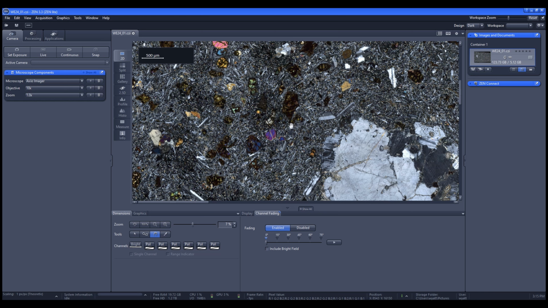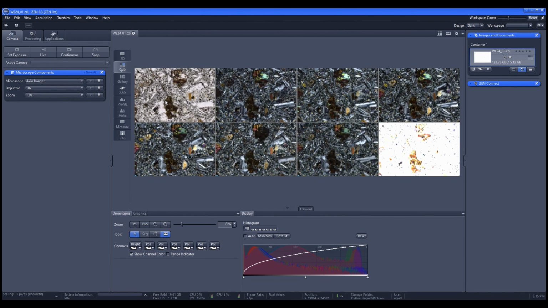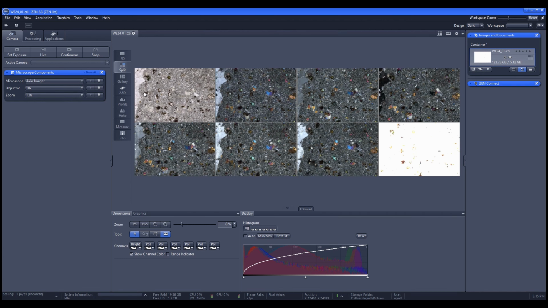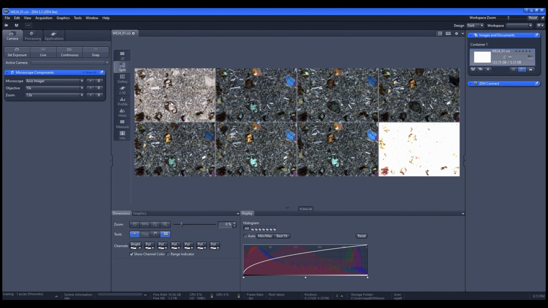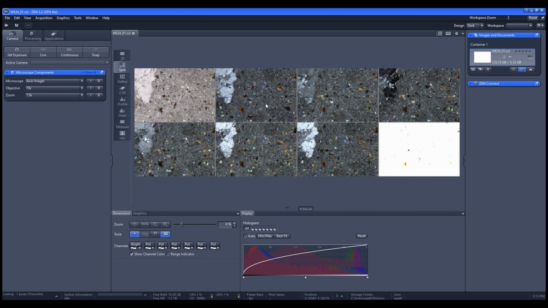So I just hit split, so you can see this upper left corner, that's plain polarized light. That's just all the light coming through, and you can see pretty much everything's clear. You can still do some mineral identification with it. There's some key things that you can see in plain polarized light, but a lot of it is done in